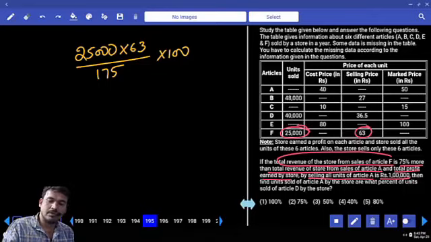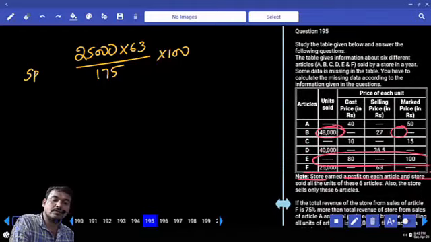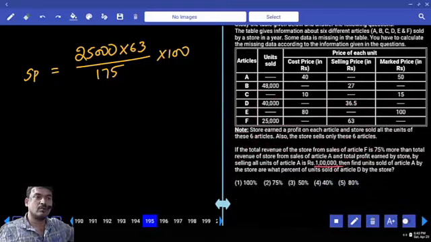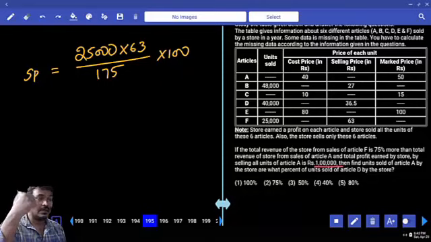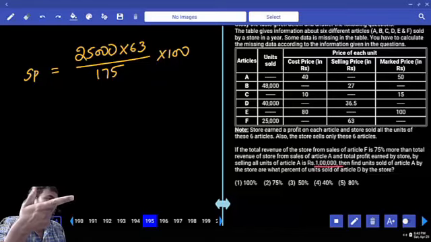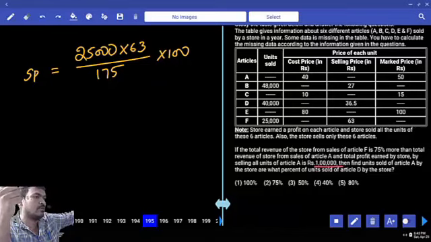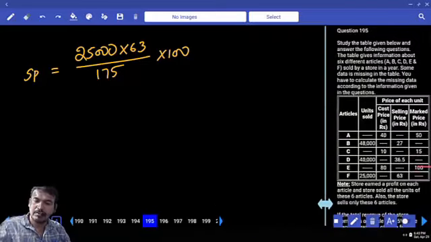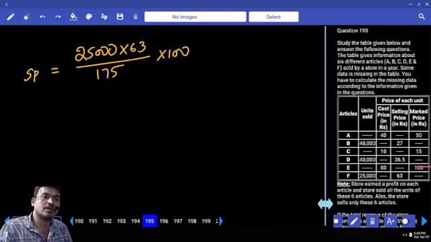A revenue or B revenue? A revenue. Revenue means selling price or cost price? Selling price. In that, profit is given as 1 lakh. Out of this we subtract 1 lakh, and we get the cost price. A revenue 100%, F revenue 175%. What is the 175% value? 25,000 into 63. Divide by 175, we get 1%. Multiplied by 100, we get the revenue of A. In this we subtract 1 lakh, we get the cost price. Cost price of all the units or only one unit?